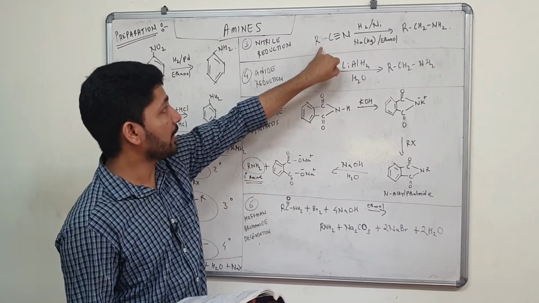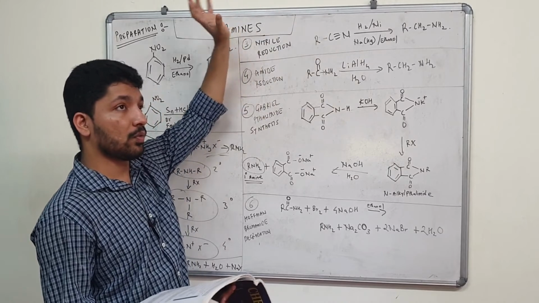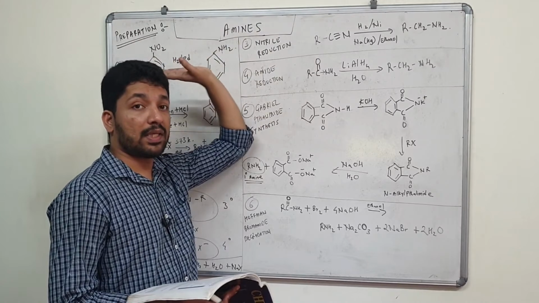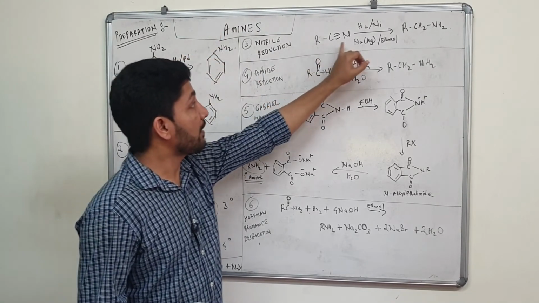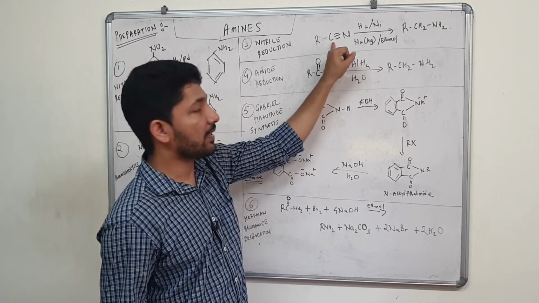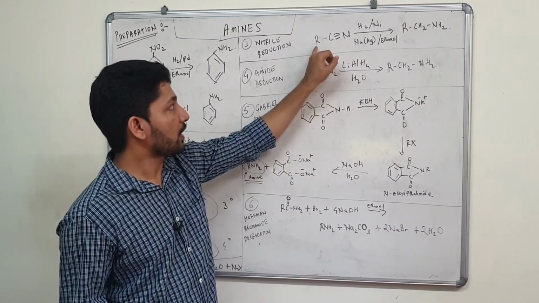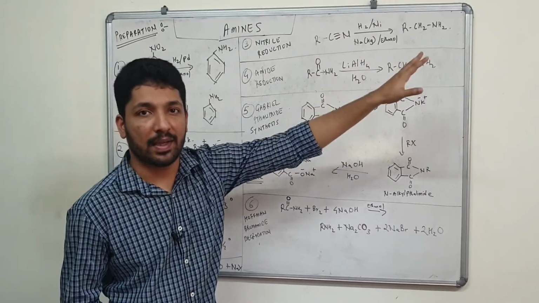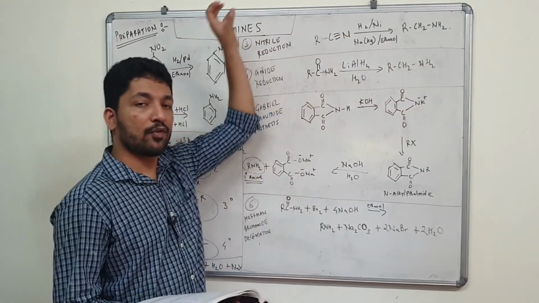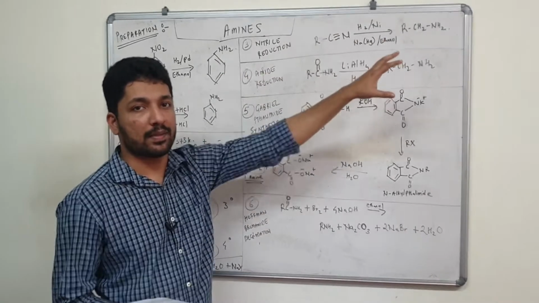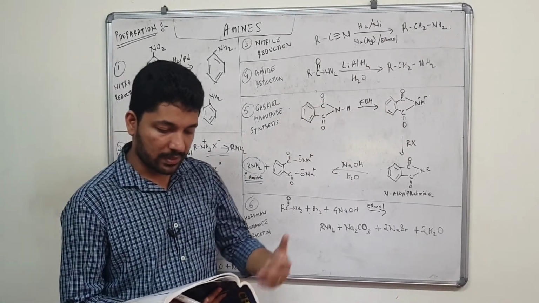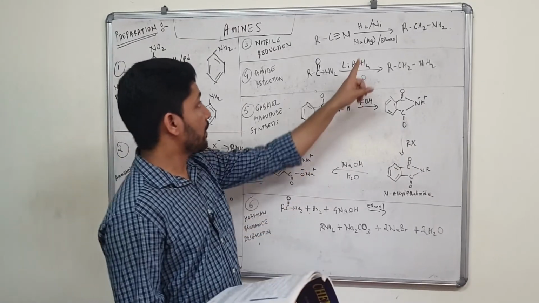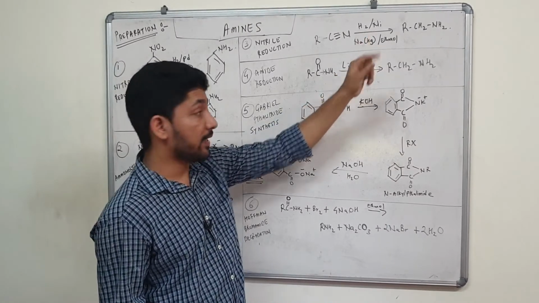If the starting amine, you can obtain RCN from an amine, right? So if the starting amine was ethanamine, let us say, you will end up getting propanamine, because can you see there is a cyanide group over here? Whatever alkyl amine you take, you will get the plus 1 amine. If you take ethyl, you will get propyl. If you take propanamine, you will get butanamine. Did you get it? Hence it is called the ascent of the amine series. Here lithium aluminium hydride can also come as a reducing agent.